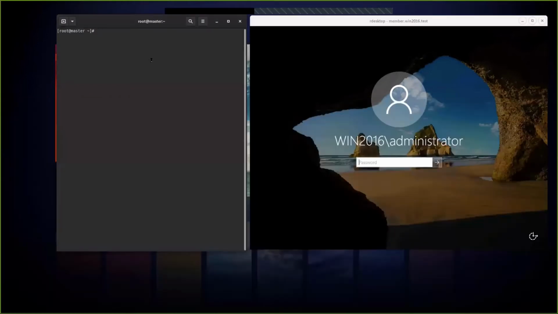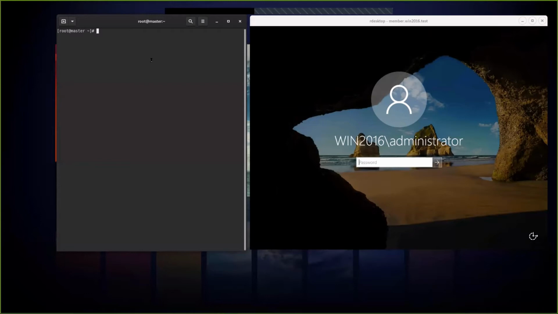So on my left screen, I have a window that is opened on my IPA server. And on the right side, I have a window opened on a member of my Active Directory domain. There is a two-way trust established between my FreeIPA topology and my Active Directory domain.